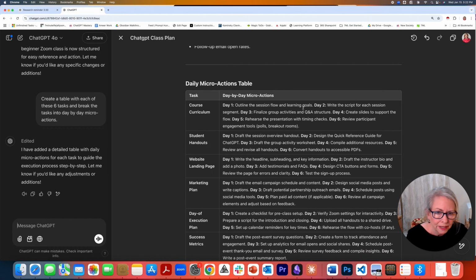So it's clearly broken it down. Day 1, outline the session flow and learning goals. Day 2, write the script for each session segment. Day 3, finalize group activities. Day 4, create slides. Day 5, rehearse. Day 6, review participant engagement tools. And you can see where this is going. By breaking this down, I now have a plan where I can go into ChatGPT and day by day, I can put in a task one at a time